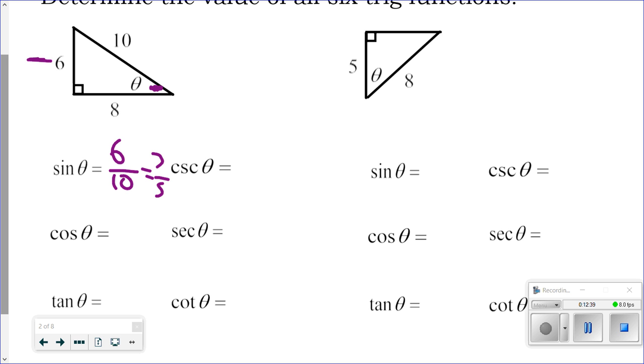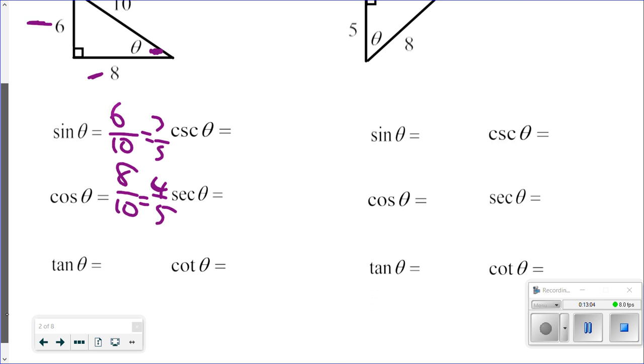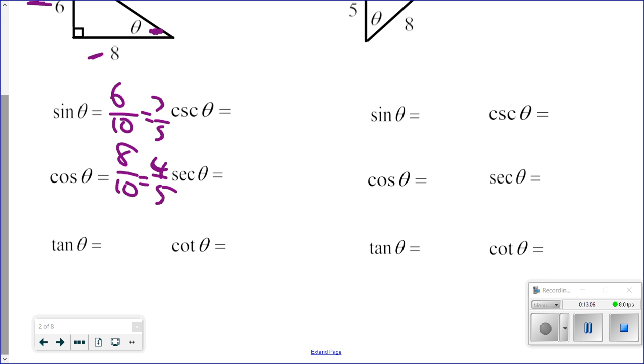So the adjacent side is this one here. So my cosine is 8 over 10. The side adjacent to the angle that's not the hypotenuse over the hypotenuse. And what do we always do? We always reduce, 4/5. And then the tangent,